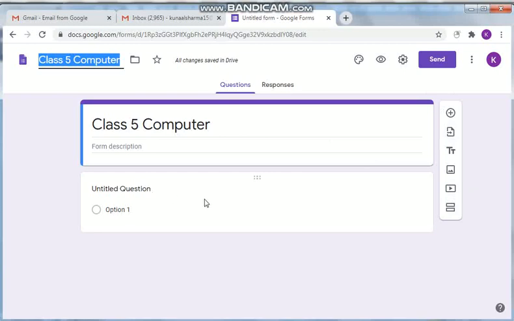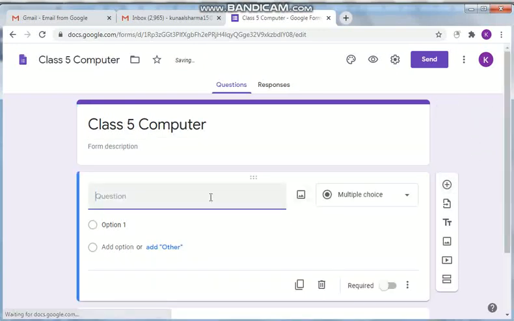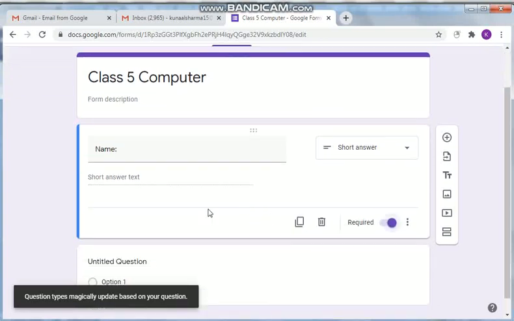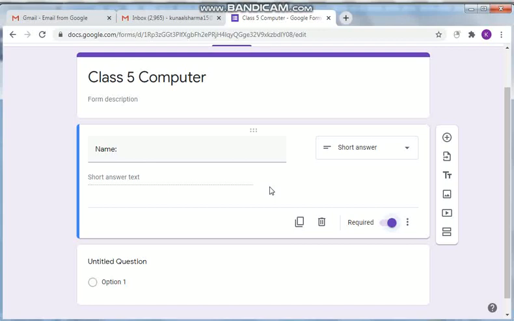I'll type at least two things, because I need the name of the student. So I'll click on this plus option, add question, and I'll type name. This should be a short answer, and required, because we want this question to be compulsorily answered by the student.